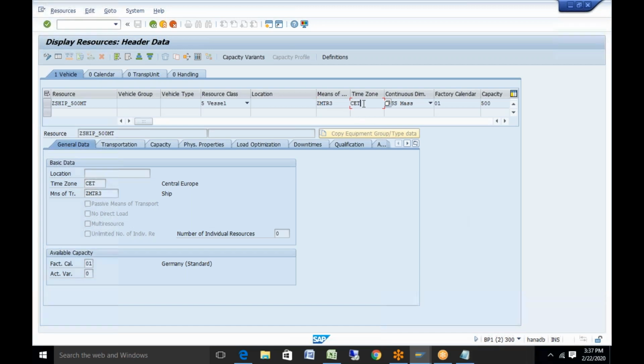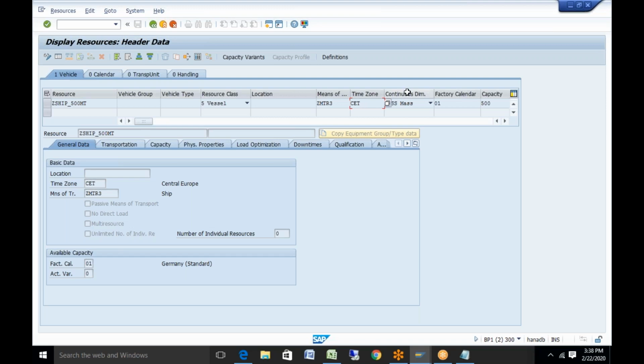So this is the time zone. Time zone means you have to specify the factory calendar, because obviously if it is a 5-day week, maybe a particular truck resource will not be available for transportation on weekends, right? So it's based on a factory calendar. Dimension means when you come into dimension, then only the capacity comes into the picture.